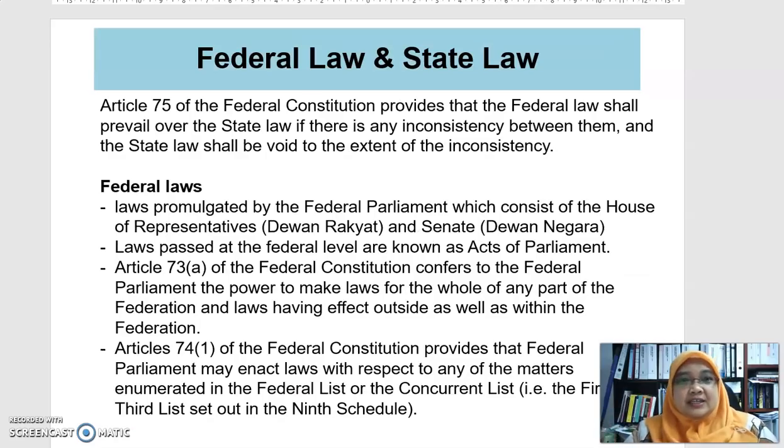The last classification of law is federal law and state law. Federal law is what has been decided by the parliament. They decide to approve certain acts that become law. And state law is the type of law that has been approved by the state legislative assembly, or Dewan Undangan Negeri. State law will be enforceable within the state itself, whereas federal law will be enforceable in the whole of Malaysia. For example, a federal law is the Defamation Act, which will be enforced in Malaysia. And state law, for example,